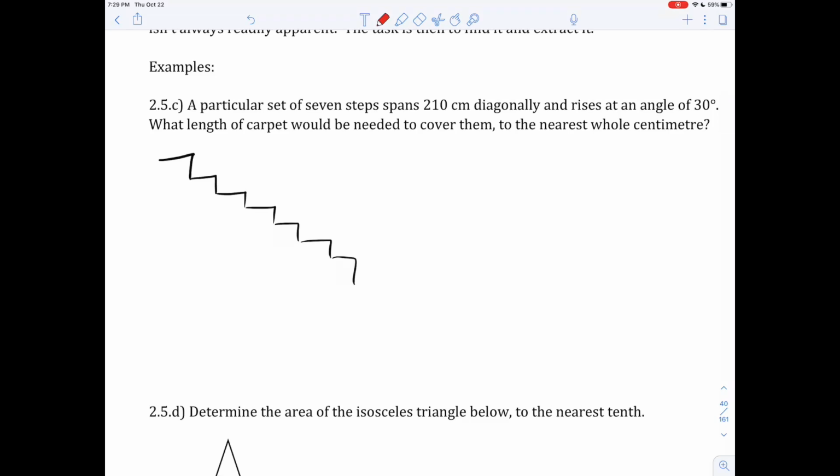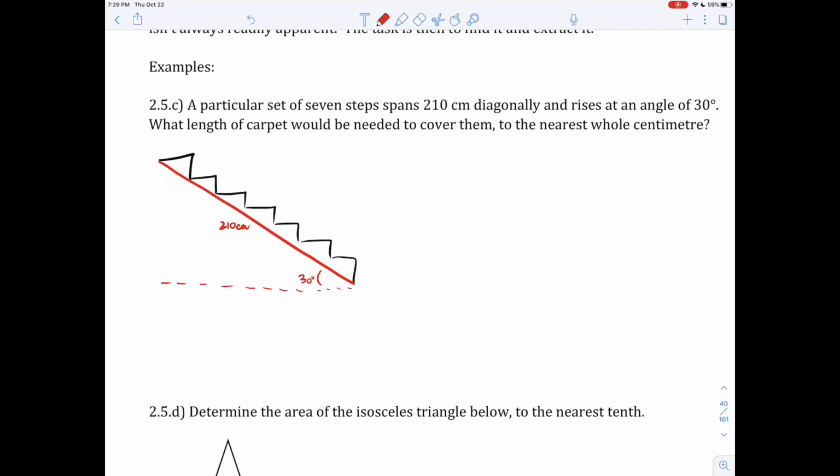The span of this is 210 centimeters diagonally, so from the base to tip here, we're looking at 210 centimeters. And it rises at an angle of 30 degrees. So relative to this horizontal line, about a 30-degree angle,